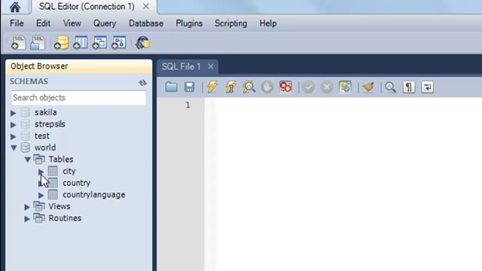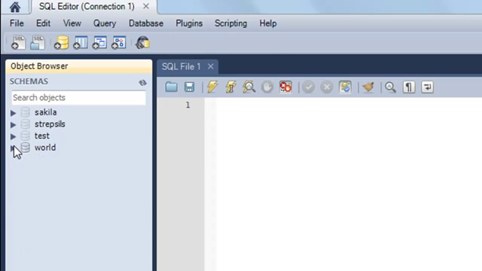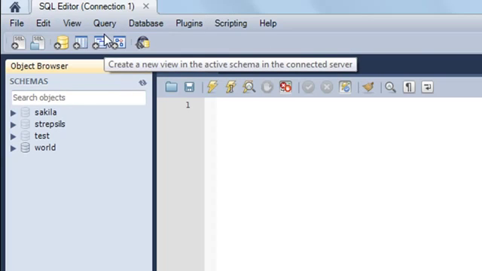And if you want more information about your city table, then you can click on the drop down for city, and you can see what all columns are there in it, and if you have any constraints like foreign keys, and if you have indexes or triggers for the table, then you can check them out too, right? So this is too much information for this tutorial. I just want you guys to be familiar with the look and feel of this application, right? It's an amazing application, and we're going to use it quite a lot, so let's just be comfortable with it